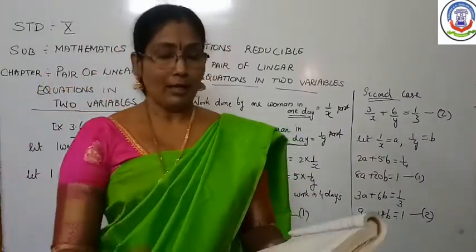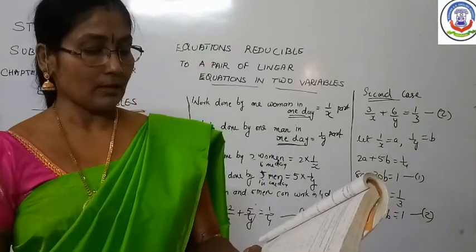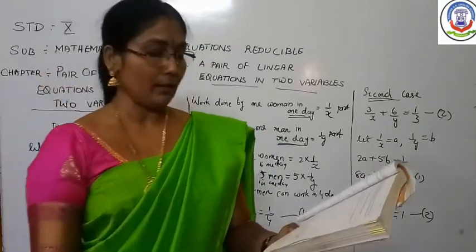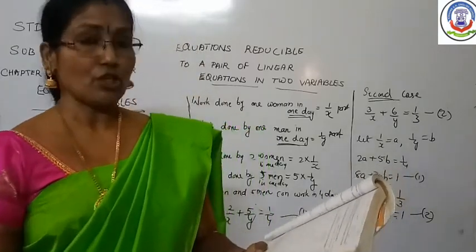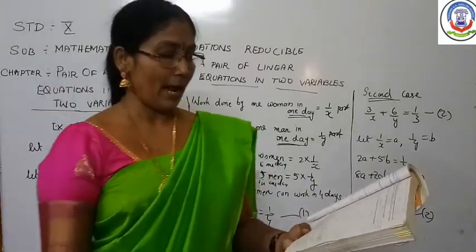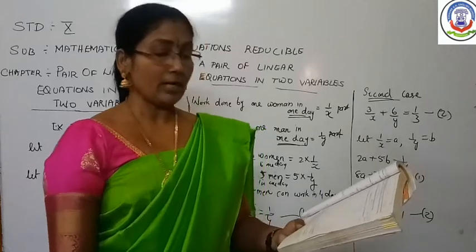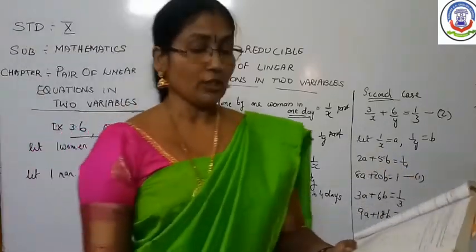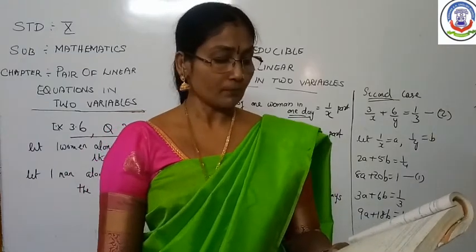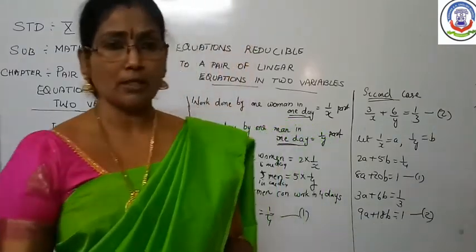Now the next and last question is that Ruhi travels 300 km to her home partly by train and partly by bus. She takes 4 hours if she travels 60 km by train and the remaining by bus. If she travels 100 km by train and the remaining by bus, she takes 10 minutes longer. Find the speed of the train and bus respectively.